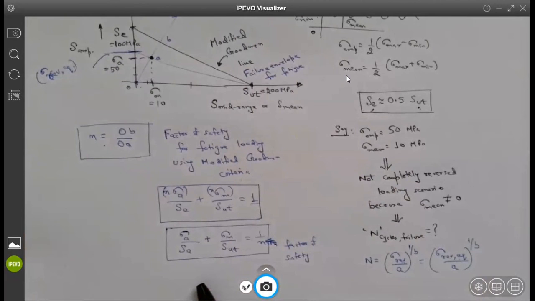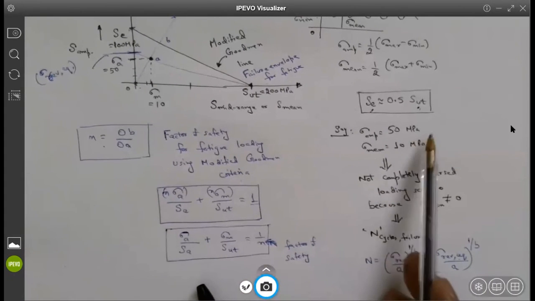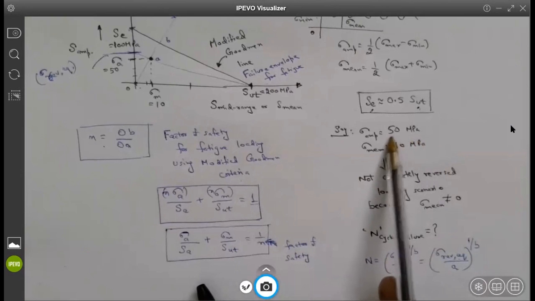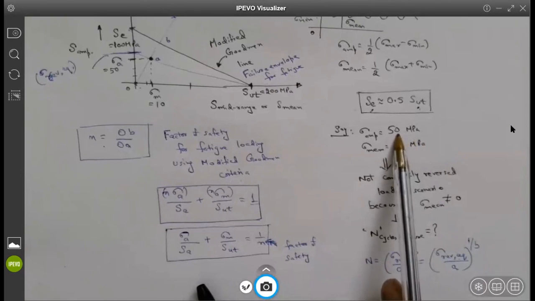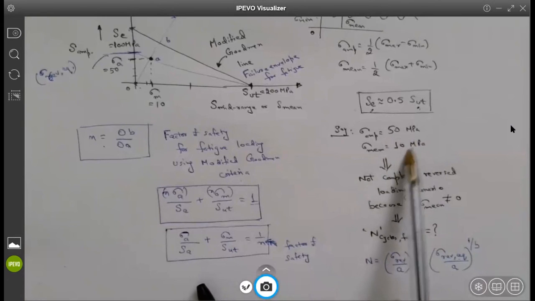Let me know, guys, if it makes sense to you or you are following it. Question: does sigma reversible change given different material properties? No, sigma reversible is a function of your applied loading, so it does not depend on the material property. It depends on how much load you are applying to a material, irrespective of its properties. So it is coming from an external factor. Do you see what I'm saying here?